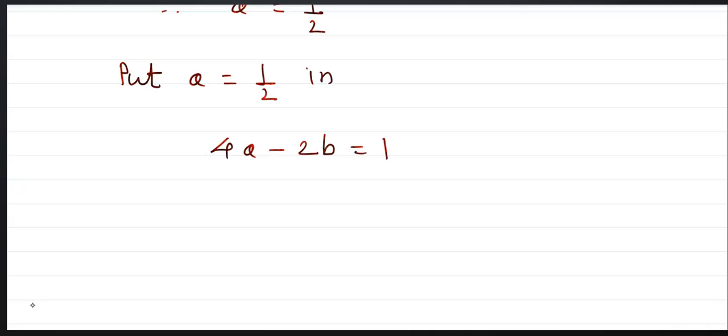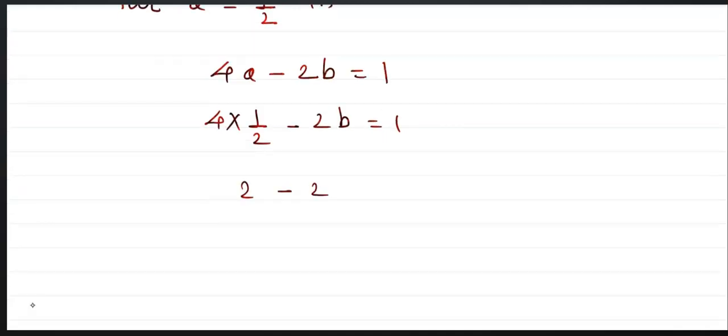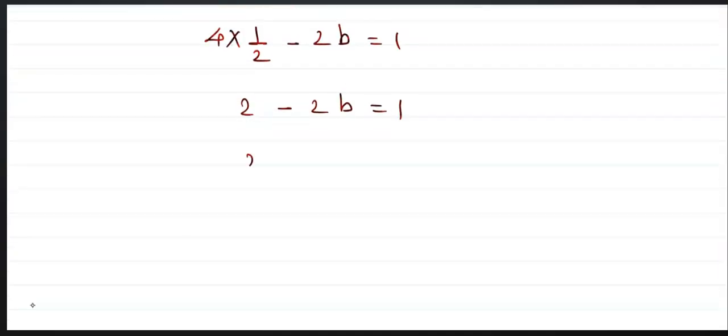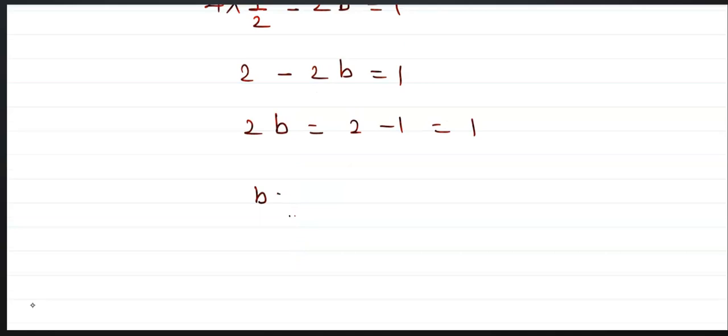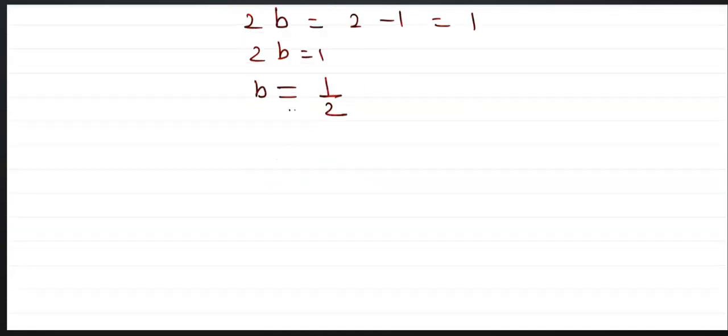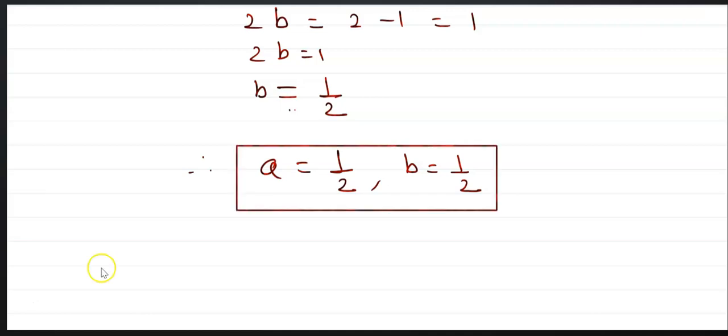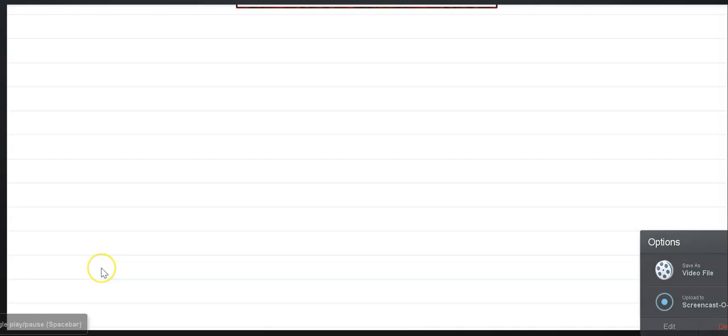That is 4a minus 2b is equal to 1. Therefore, 4 into 1 upon 2 minus 2b is equal to 1. That is 2 minus 2b is equal to 1. Therefore, b is equal to 1 upon 2. The value of b is also 1 upon 2. I have tried to explain as much as possible, but the problems are very big. So a is equal to 1 upon 2 and b is also equal to 1 upon 2. Now next,